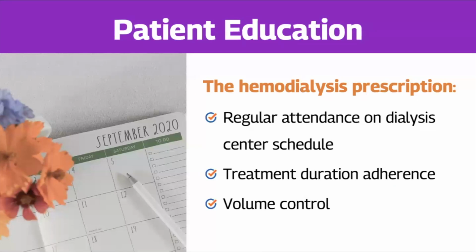So the hemodialysis prescription is 3 times a week, about 4 hours per treatment, and it's really important the patient knows they need that 3 times a week 4-hour treatment. Some settings and some machines run shorter treatments, and they might do 4 or 5 days of treatment. It's still important for them to have the doctor-ordered treatment. If it's 4 hours, we don't want them to leave treatment an hour early, so we try to keep them on their treatment and teach them how important it is,